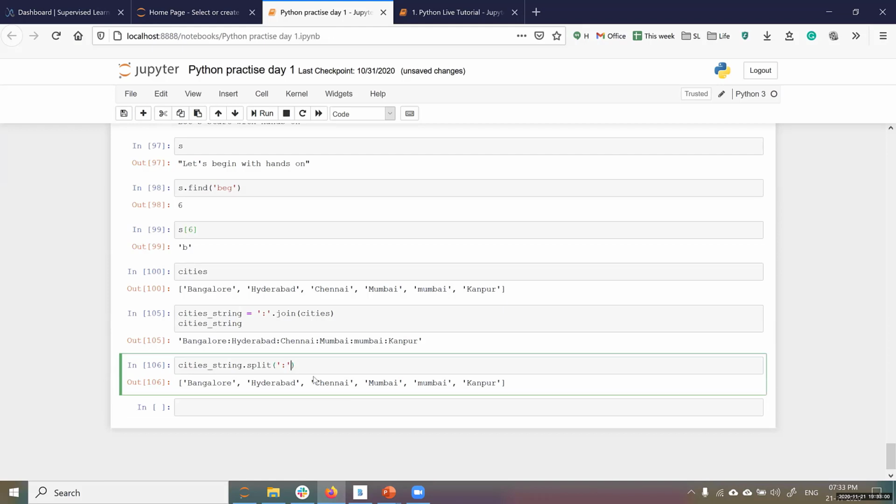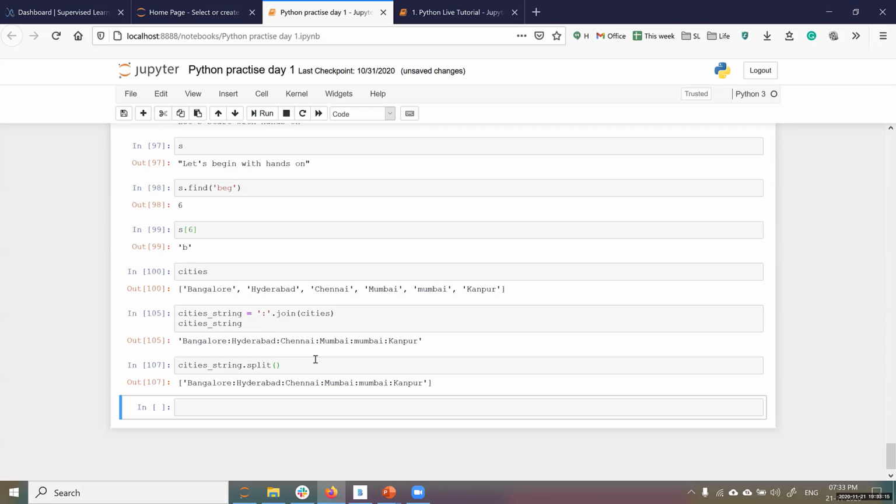But if you don't do this and just say split, it won't split, because by default split only uses the space as a separator point. Wherever this space is there, it will separate. So join and split are exactly opposite. You can use anything as a separator in join. You can use anything as a separator in split.